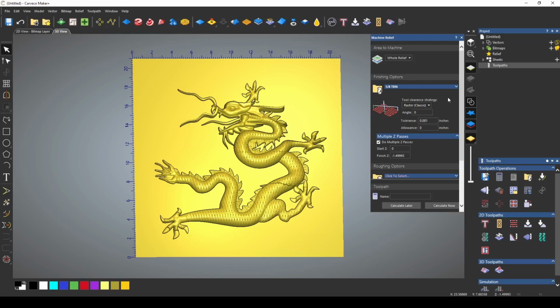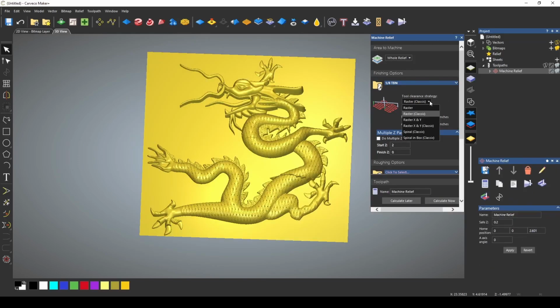And I'm just going to go over what the differences in these toolpath strategies are. In Basic Maker, we have the 4 classic toolpaths, but in Maker Plus, we have an additional Rasta and a Rasta X and Y toolpath. These 2 toolpaths come from the old PowerMill software. They were originally considered advanced toolpaths because they were multi-threaded and 64-bit. The classic toolpaths originally had a size limit. They would sometimes run out of memory, and so they had these more advanced toolpaths that were 64-bit and multi-threaded.